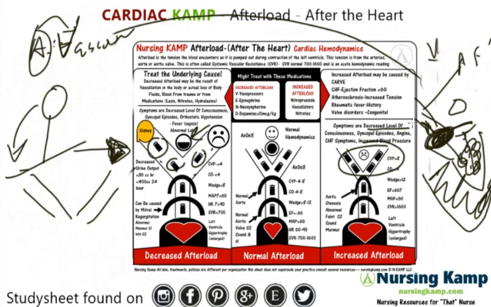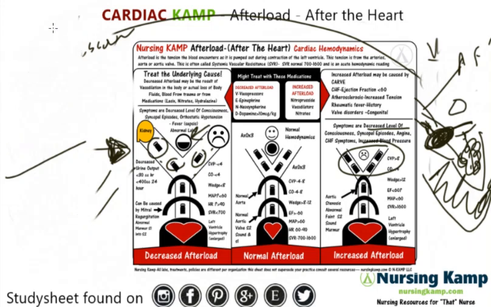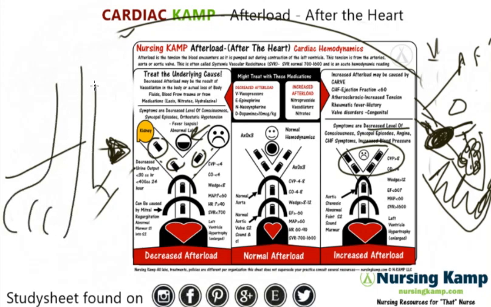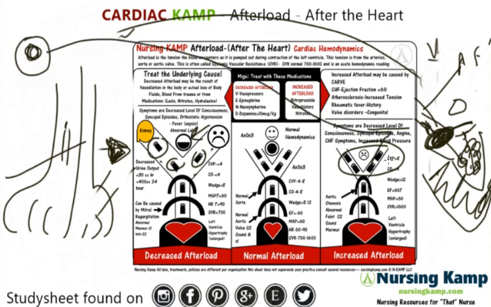Some other causes are CHF, obviously, and atherosclerosis. Remember, in peripheral vascular disease, the fingers and toes, the space is smaller. So it's very small because of sclerosis, and that causes vasoconstriction, and then the heart has to press and increase its amount of pressure